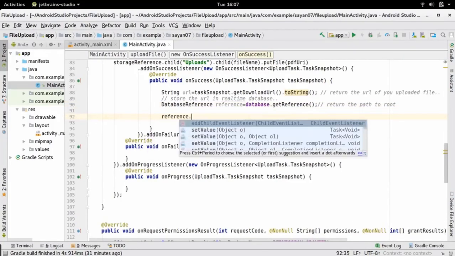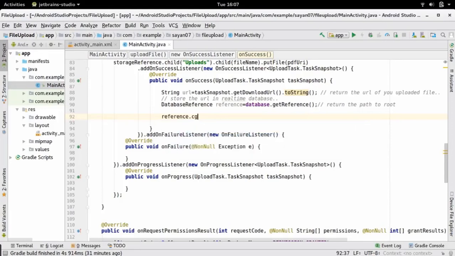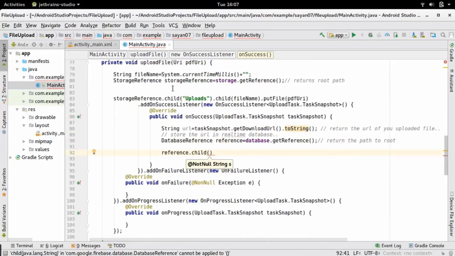Now we will create a subdirectory within it. Let me name it as the file name, which is the string file name.